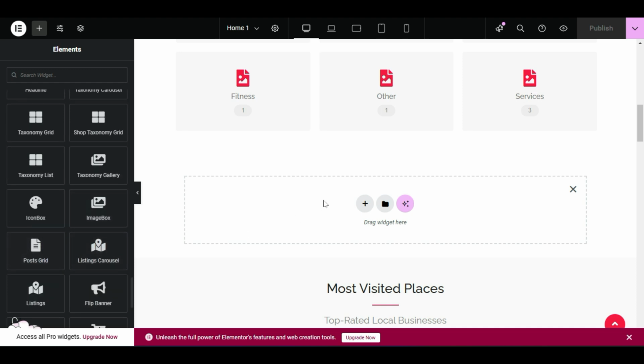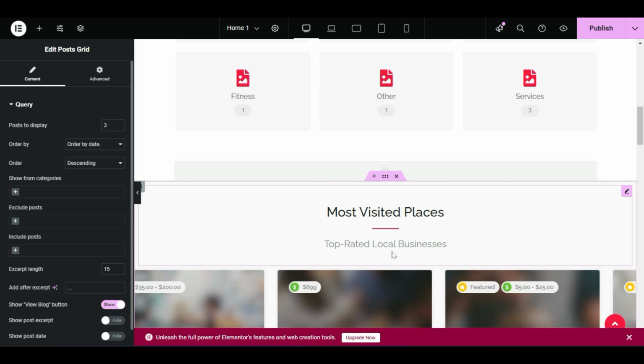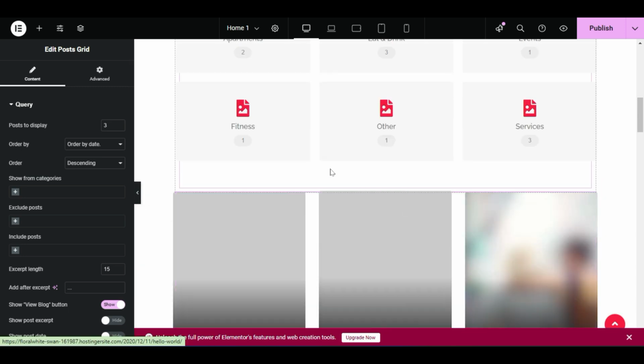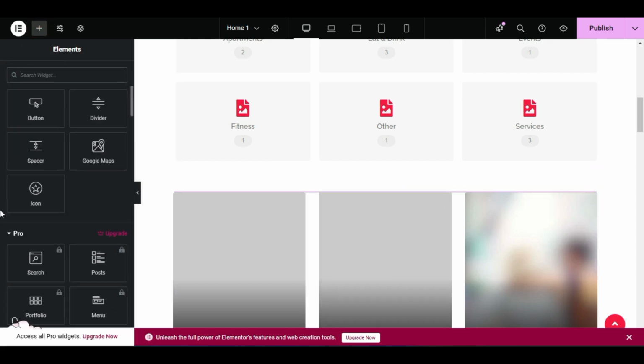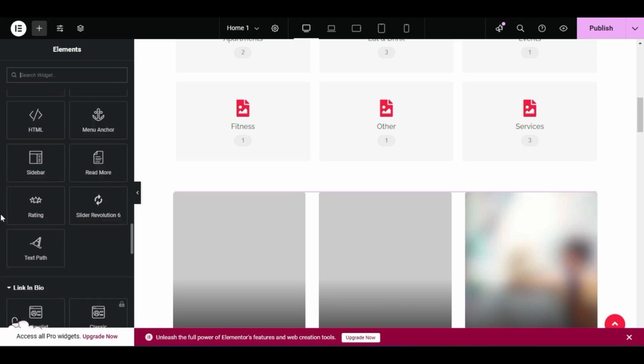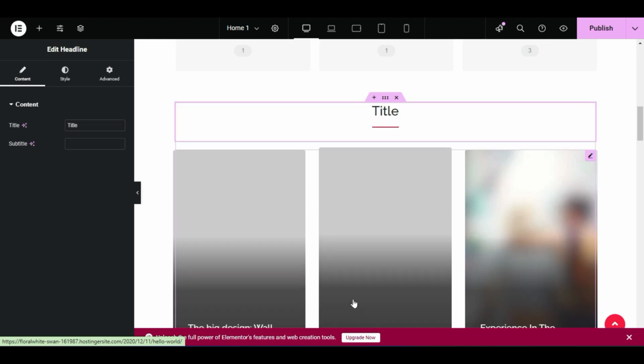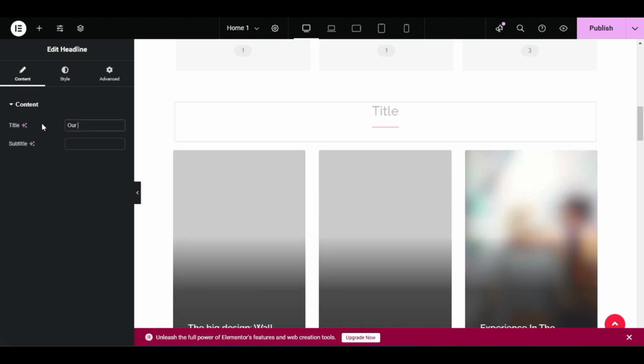Okay, post grid. For example, you want to put a post here. Just let me drag post grid here. Now we have a post here. I want to add a title on the upper side. So I will again click add element. I will scroll down to the Listeo options, and there is a heading. Now drag the heading just to the upper side. Okay, like that. Our blog,